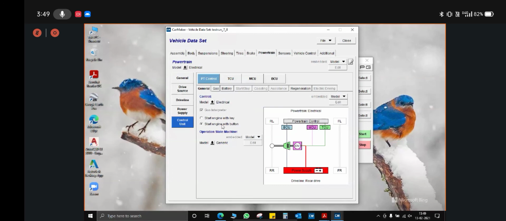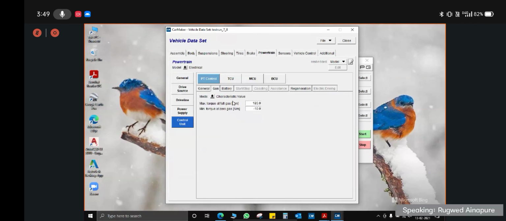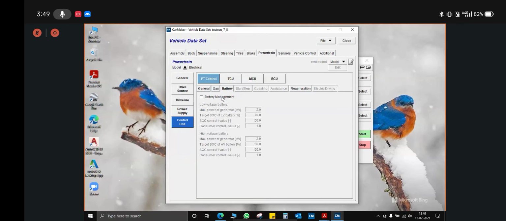Battery management regeneration is to be left as off, and battery management can be selected or deselected depending upon the values that you have. For the TCU, whatever type of transmission you are using, you have to select it here. If you are using CVT, then select CVT. If not a CVT, then you can leave it as not specified. For the MCU, you have to select basic, and define the electric motor torque control and speed control values. And then for the BCU, battery control unit, you have to select low voltage plus high voltage.